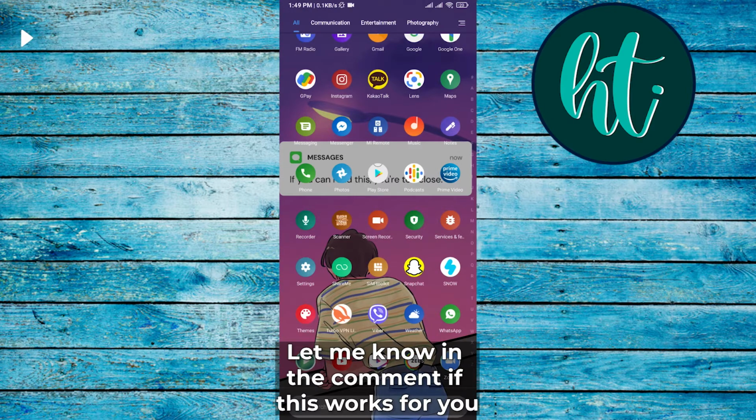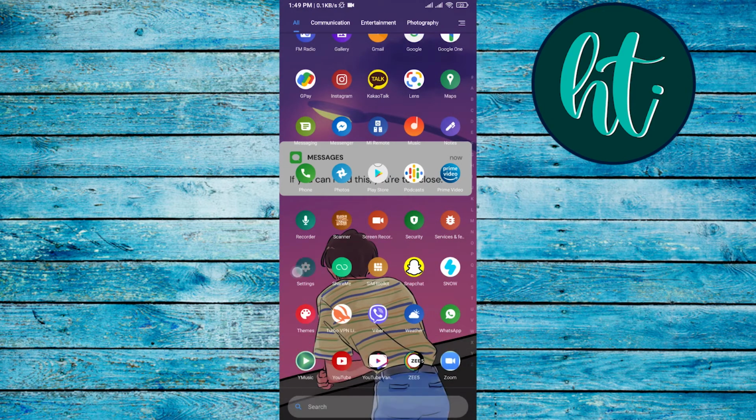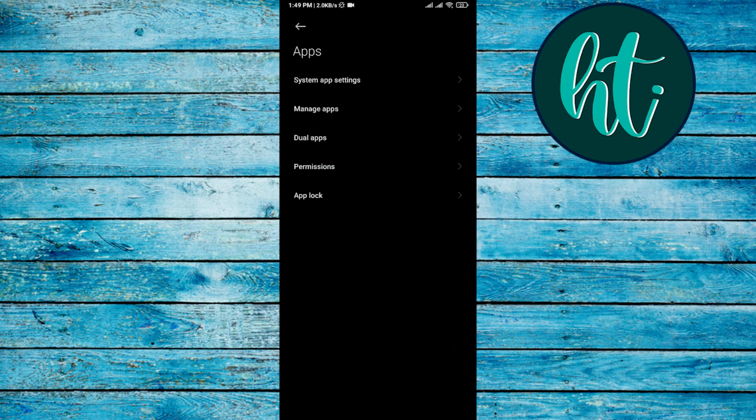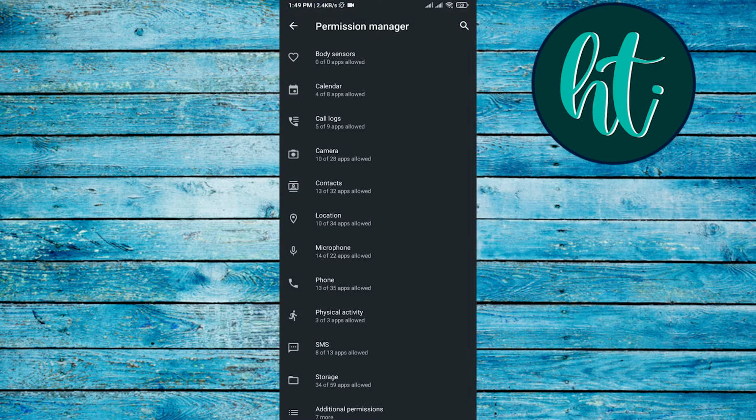So let's get started. First you have to go to the settings and then you can see here apps. So you have to click on permission, and here is another option, permission. You have to click on that, and here it is. Here you can see the